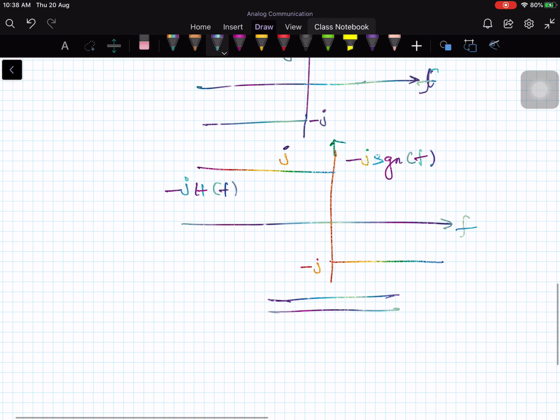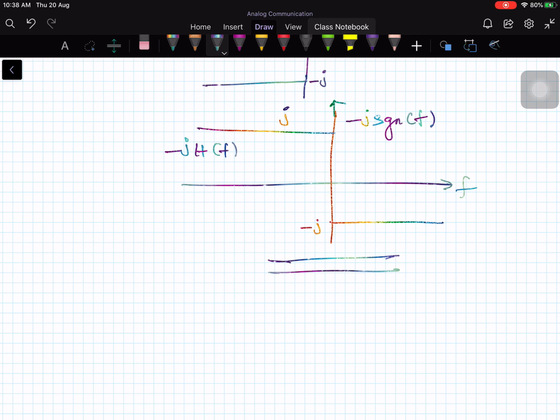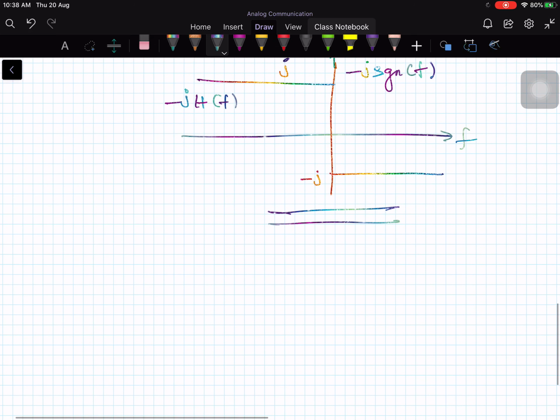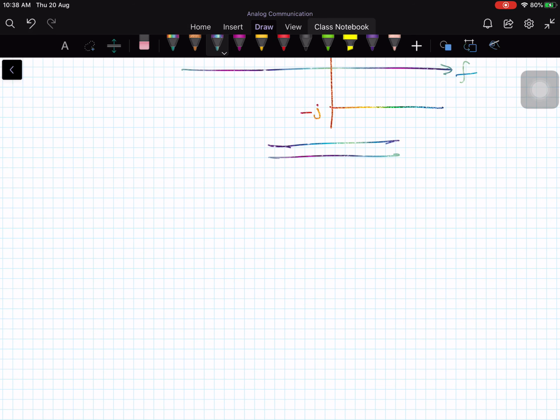Now this is the mathematical picture of the filter. Now can you tell me what this filter will actually do to an input signal? How will it affect the input signal? Can you say something about the effect that such a filter will have on any input that is supplied? There is going to be a phase shift of minus pi by 2 for every frequency in the input signal. So this filter will phase shift every frequency component present in the signal by a value of minus pi by 2. So that's what the Hilbert transform does.